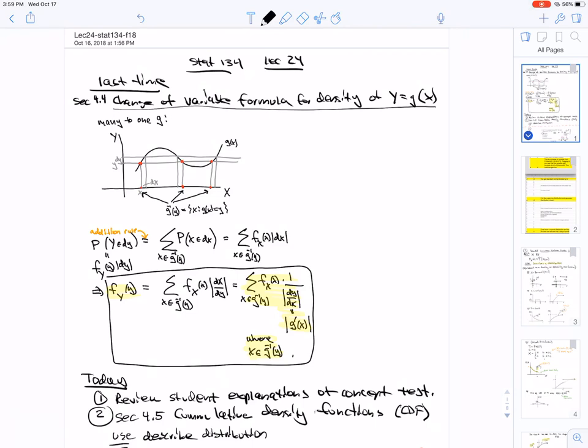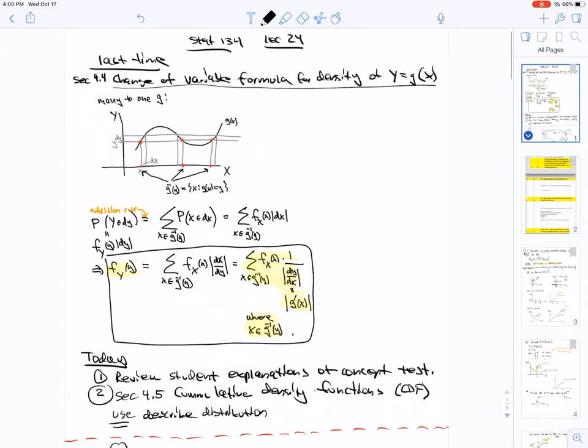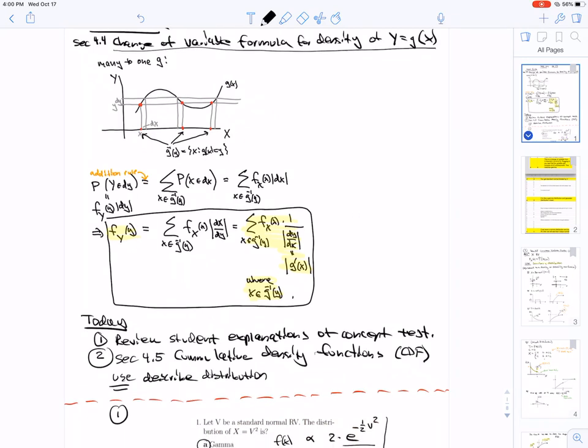Basically, y being in dy is equivalent to x being in one of the three dx's shown in the picture here. And these dx's are all disjoint from one another, so by the addition rule, the probability that y is in dy is a sum of the probability that x is in dx for each of these dx's. So now, dividing through by dy's here, we get the change of variable formula, except that